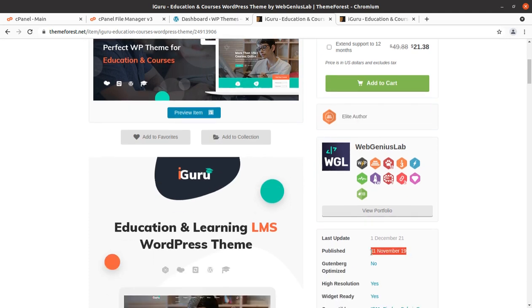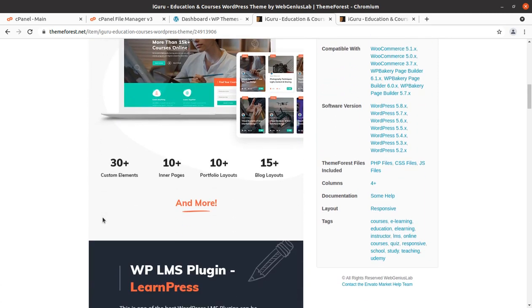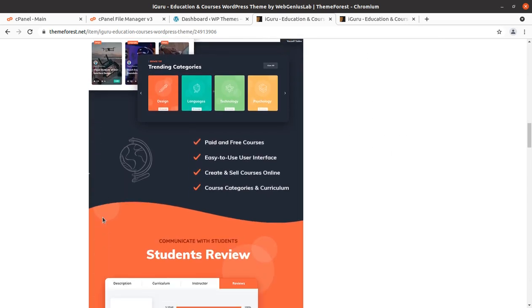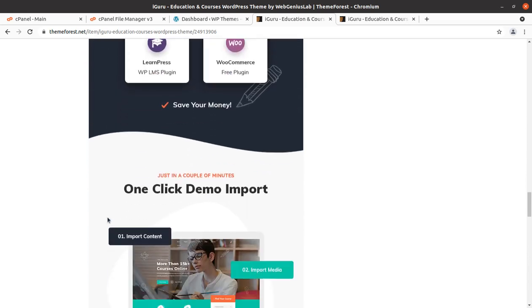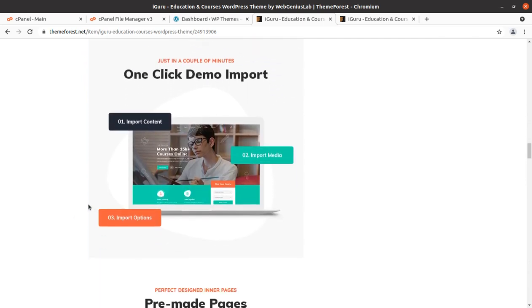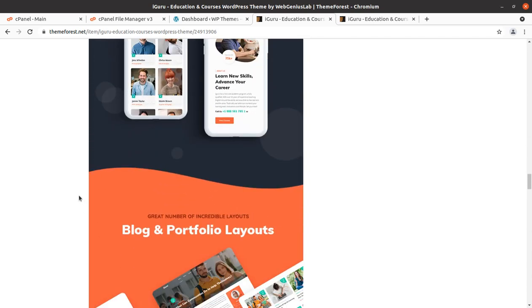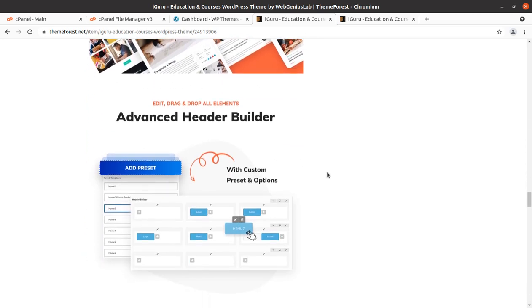The theme came into existence in 2019, and regular updates for this theme are also being done by the WebGenius Lab. So this is a perfect theme for education, and you can get this theme for your next website project. It has one-click demo import, pre-made pages, and all such elements that you need to create stunning websites.